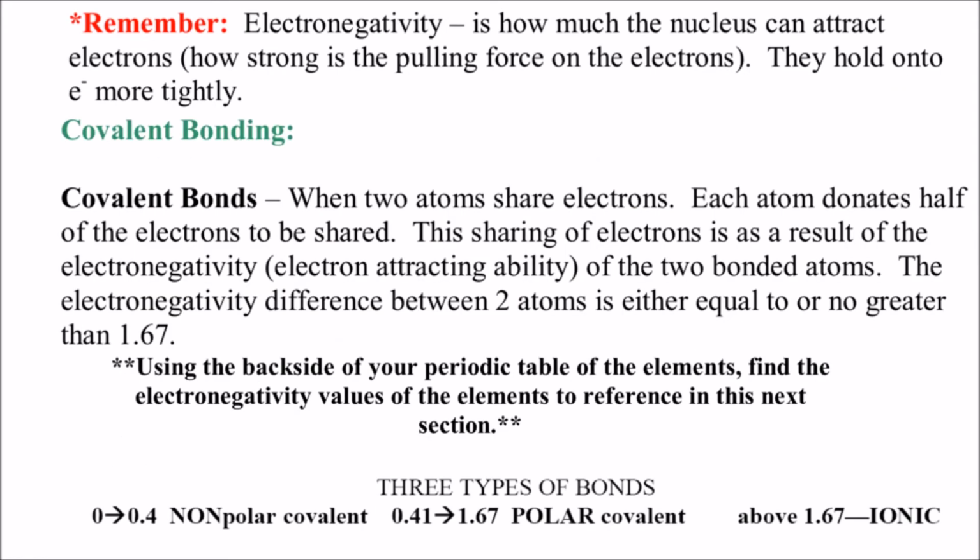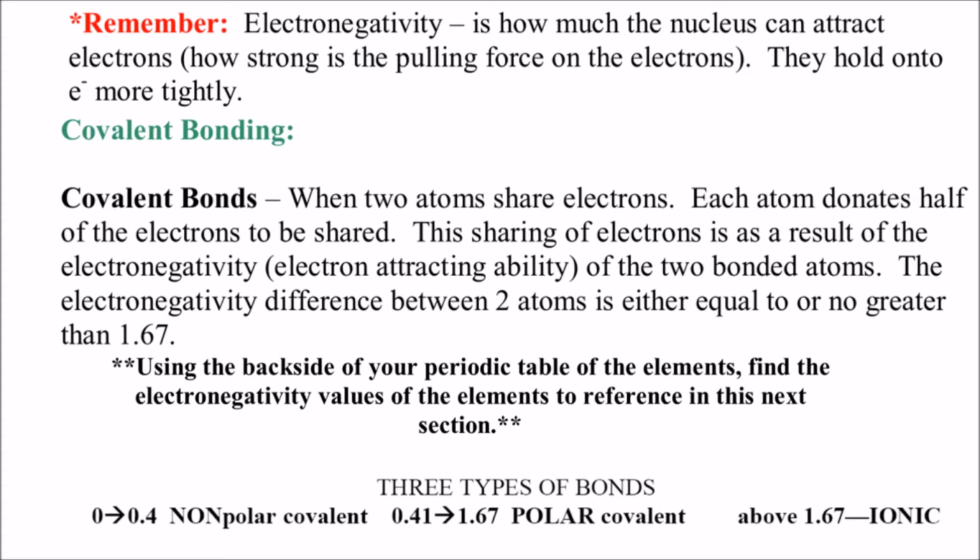Okay, we're about to start talking about electronegativity again, so I just want to refresh your memory on that. We covered the definition for this when we talked about periodic trends, but we're just going to revisit it. Electronegativity was an atom's ability to attract electrons to itself, and remember, it did that by having a lot of positive charge. The more positive charge you had, the more electronegative you were.